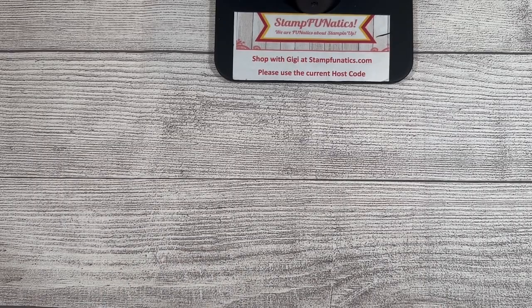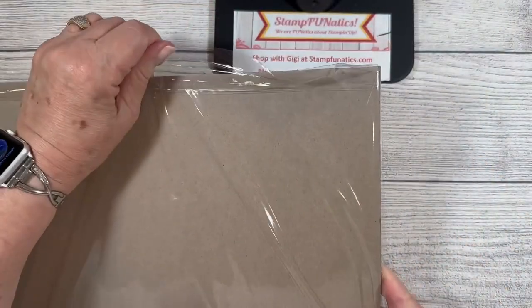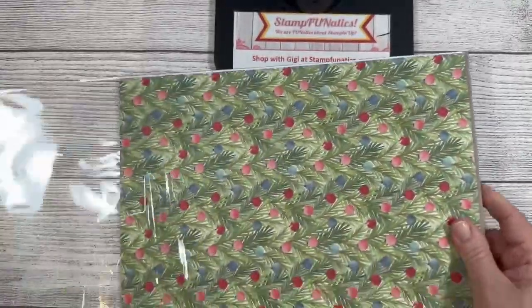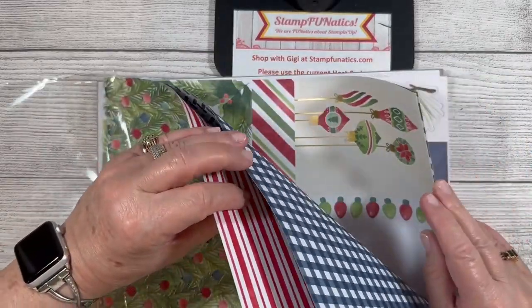Okay, another one that I got was this one. And it's called A Little Bit Festive. Let me show you what's special about this paper. Okay, this one comes with 3 full sheets of designer series paper. Or is it 2? 2, I believe. Okay, so you're gonna get